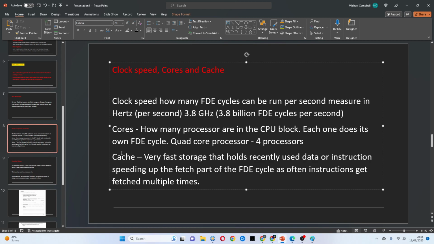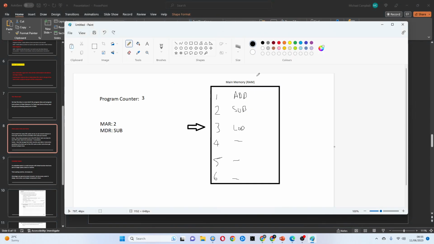So what is cache? Right, when you're doing the fetch, decode, execute, you're fetching stuff from main memory, which is fast, but it's still not in the CPU already. And what happens a lot with programs is they'll get stuck in loops. They'll loop over and over again, like maybe not with 3 instructions, but maybe 100 instructions, and then it'll go back to the first instruction. So basically, you're fetching and decoding the same instructions over and over again, maybe millions of times, right, if it's in a loop forever. And so someone thought, wouldn't it be a clever idea if we get this really fast bit of RAM,